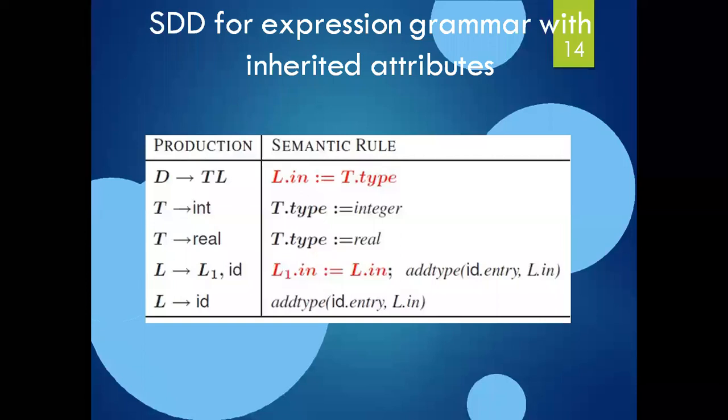Annotated parse tree for the inherited attributes. Once you see all the productions here, and the string I need to generate here, real id1, id2, id3. What it means is we have to distribute the data type here. We have to distribute the data type, and int is a data type here, to all the identifiers,